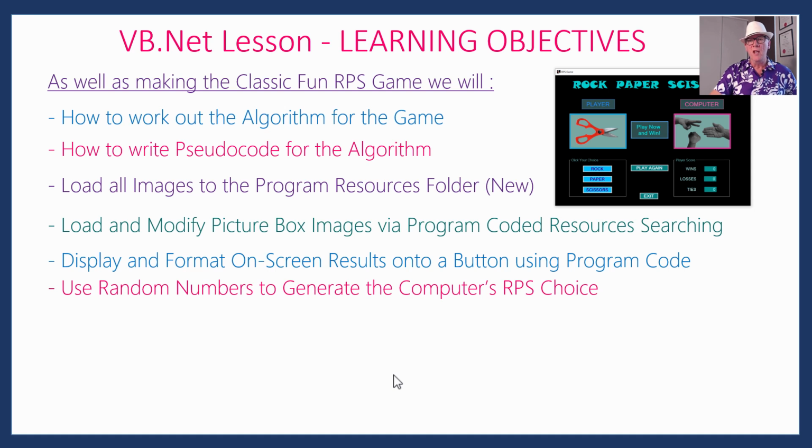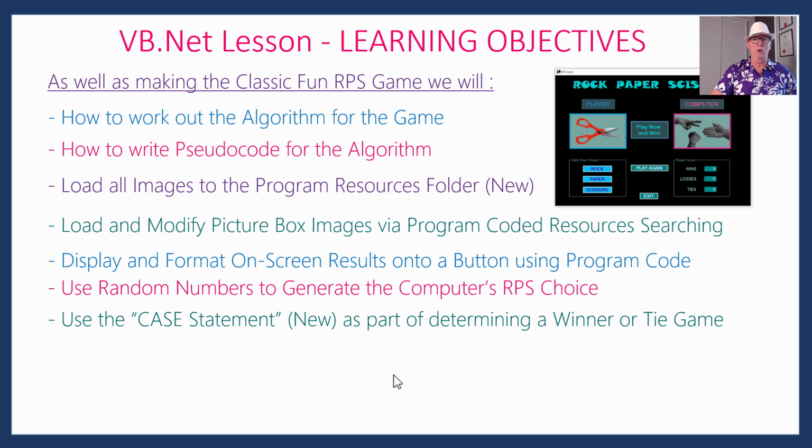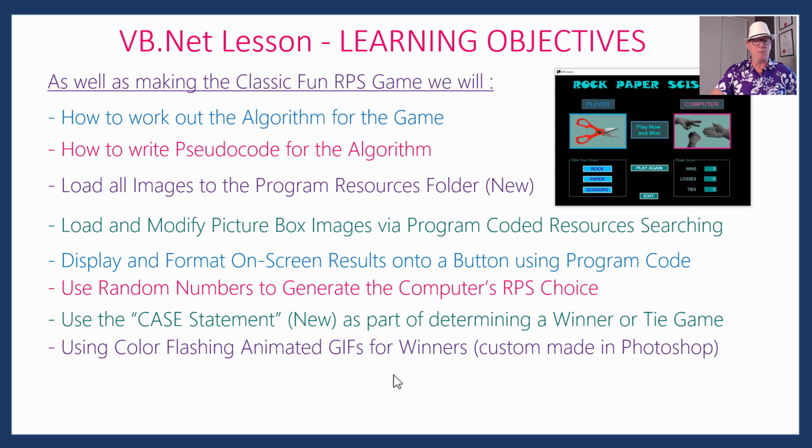We're going to use random numbers as to whether the computer picks rock, paper or scissors. It will be totally random. And the case statement is something new we're going to do. We're going to use that for processing part of our results and working out if there's been a win or not. As you saw, those great color flashing animated GIFs which we custom made with Photoshop,